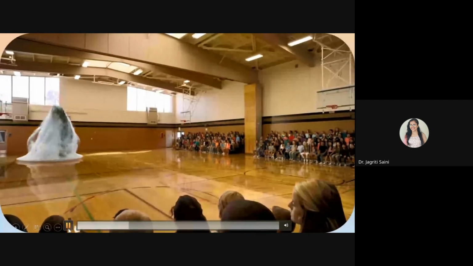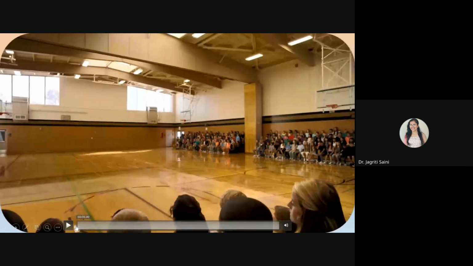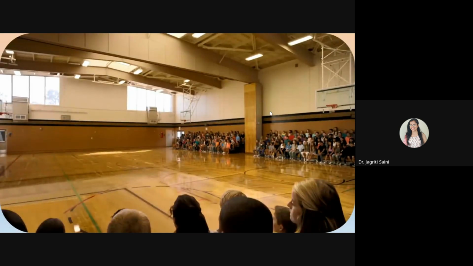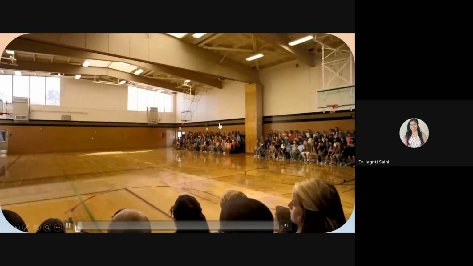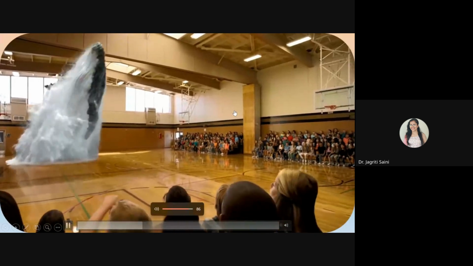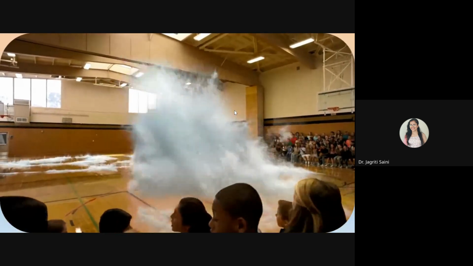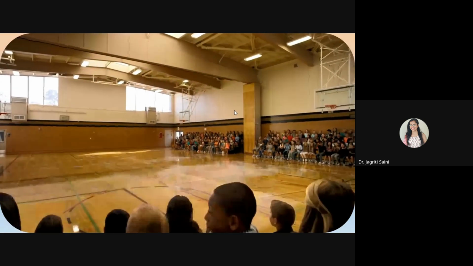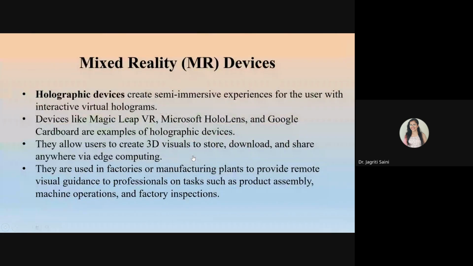So this one, you can see one of the best experiences of mixed reality. You can see students are sitting in a room with some empty space in between, and there is proper flooring. Students are not even wearing any kind of headsets. They are just looking at it with naked eyes. This is the impact of mixed reality. It can create immersive experiences in front of your eyes, and you can see how beautiful it is. So this is how technology is changing, and it is adding into our lifestyle.